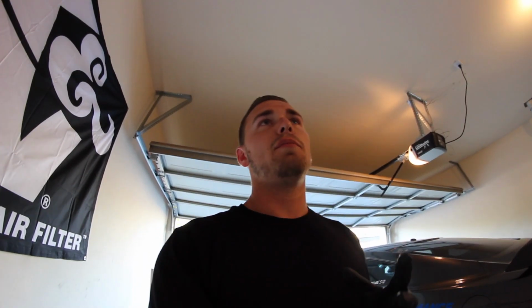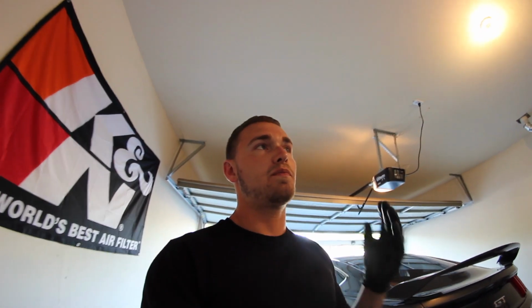I'm not quite sure about lap times. From what I've been watching, most people end up running about 2 seconds slower on Cyclone rather than the bypass, just because it's a big hill that you go over, which is pretty much what I've heard is the only point on that track where you're going to be in second gear. So, like I said, I've never done it before. I don't really know, but